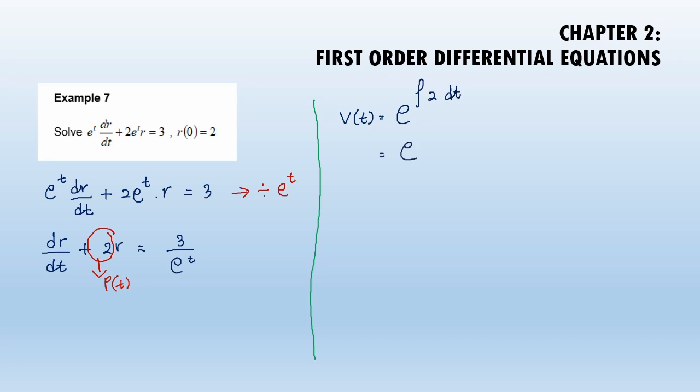So we have e to the power of 2t. So this is our integrating factor. Then we multiply both sides with the integrating factor v of t. So we have e to the power of 2t times